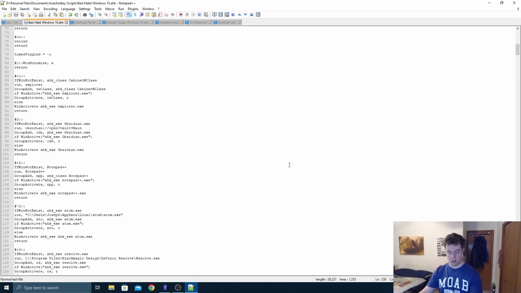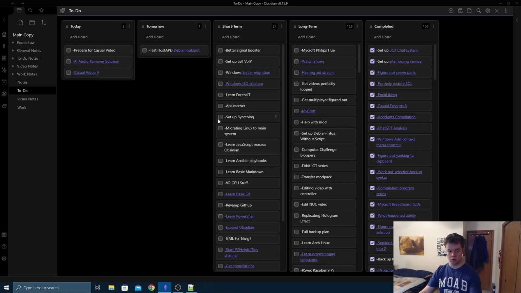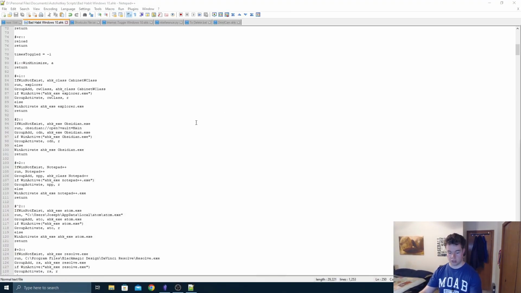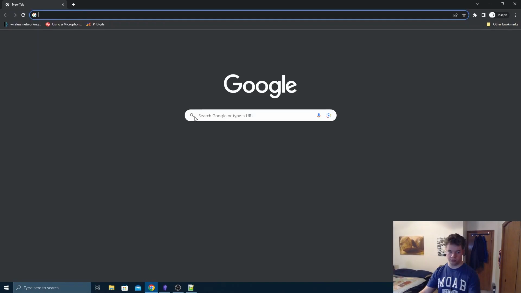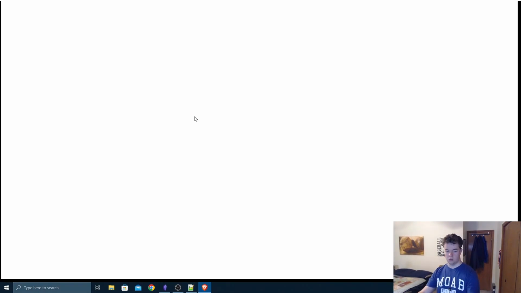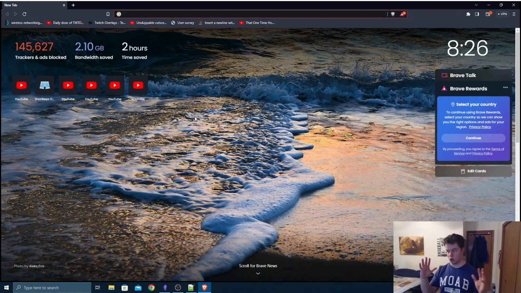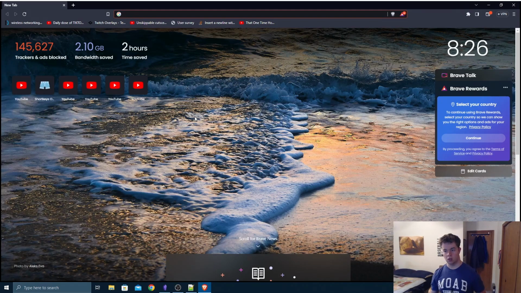So if I want to switch to Obsidian, boom. If I want to minimize, if I want to switch to Notepad++, of course. That's Obsidian, that's Notepad++. If I want to pull up my editor, I can do that quickly. If I want to pull up Chrome, do that quickly. Brave, if I want to have multiple windows open and quickly switch between those open windows from most recent to least recent and cycle through that particular program,